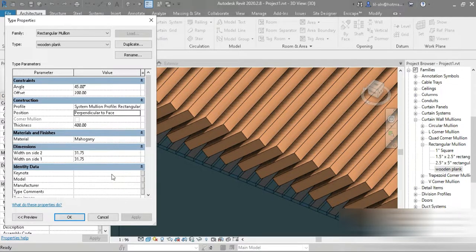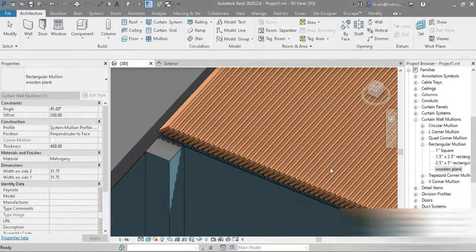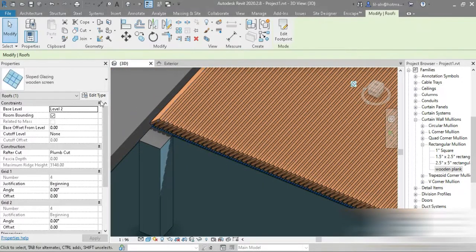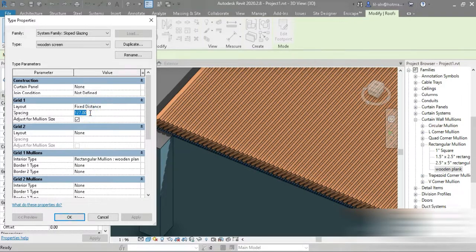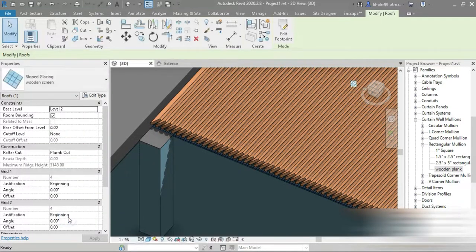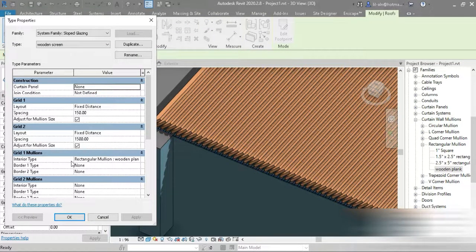For the profile, this is the profile that we have. That's fine. So check this out, guys. Look at how beautiful this is within seconds. And for example, if you go to this, for this one we can even go for 150. And if you press apply, it's going to decrease. And what do you want to do? Another thing, for example, if we press apply right here, and if we press OK, there's another